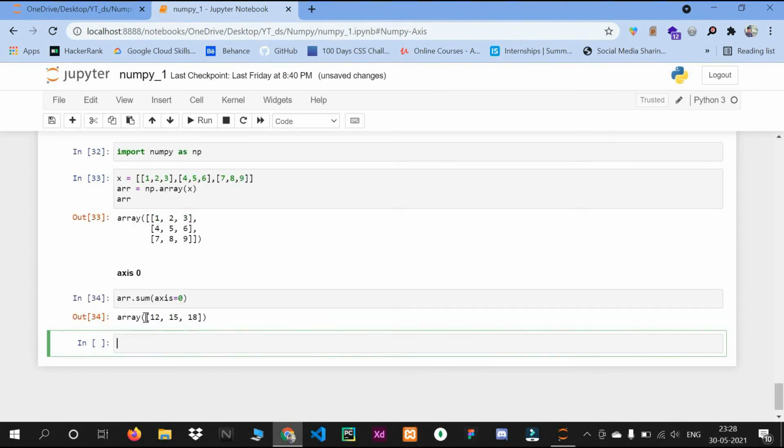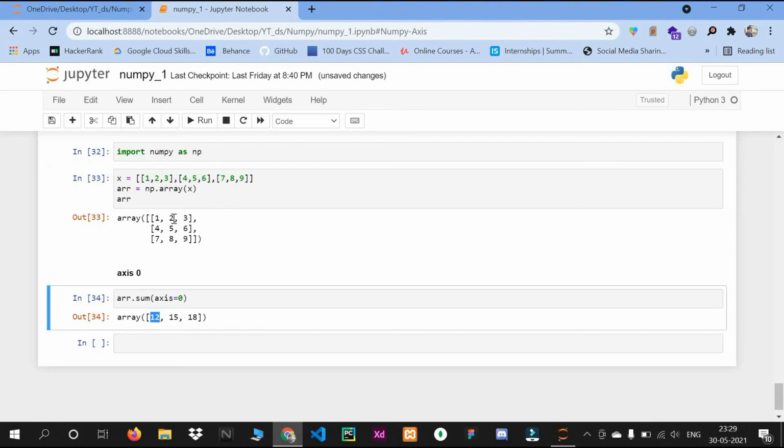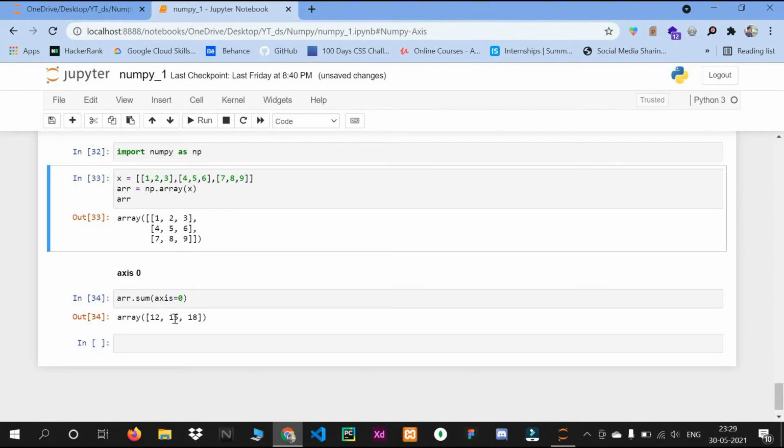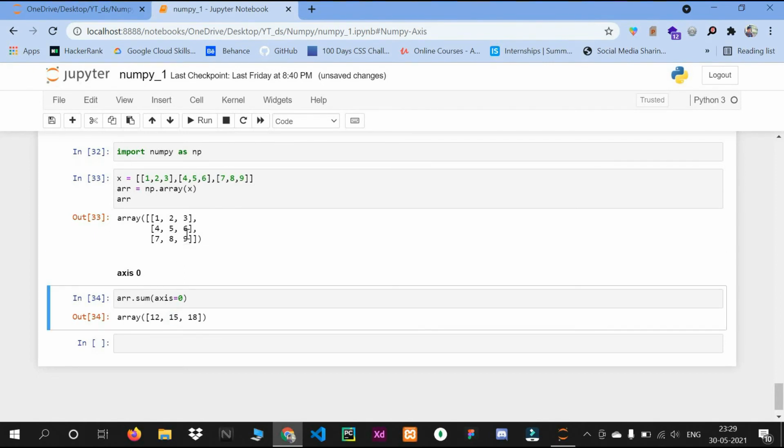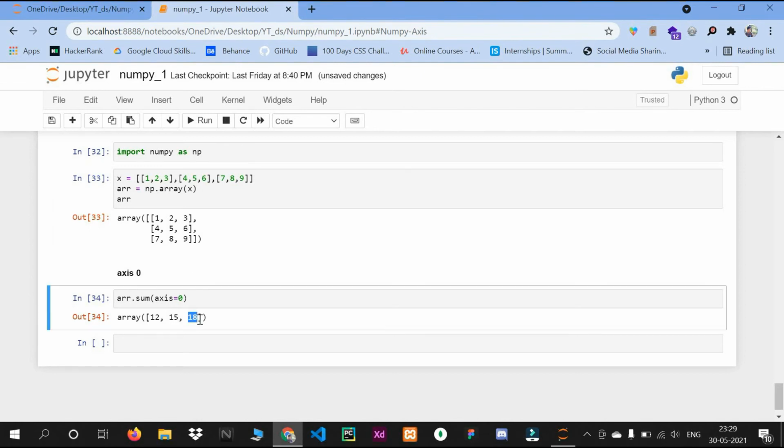So you can see one new array. This is addition of this column. So 7 plus 4 plus 1 is 12, 2 plus 5 plus 8 gives 15, and 9 plus 6 plus 3 gives us 18.